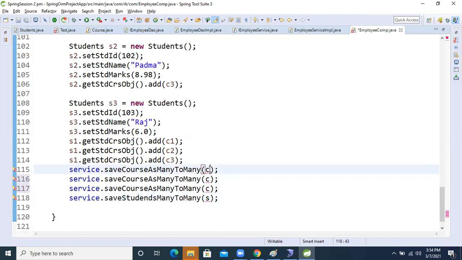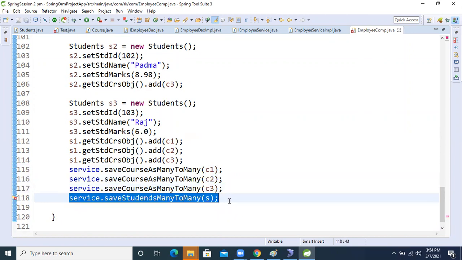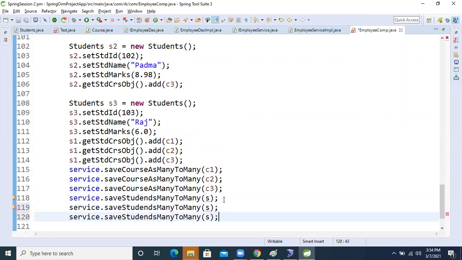So here course 1, course 2, course 3. The students are also three objects, so three times we will pass here: S1, S2, and S3. All okay. Now the thing is completed.